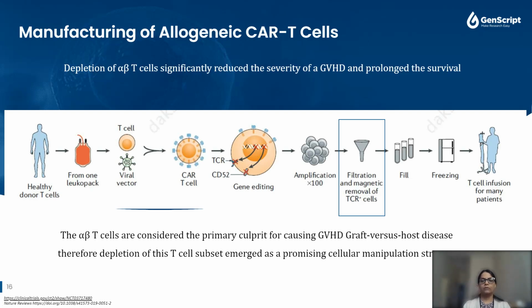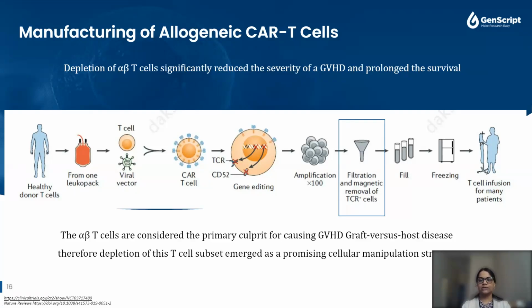So we watched in the video how the Cytosine 1000 instrument works and how effective it is for positive and negative selection. Now we are talking about the manufacturing of allogeneic CAR T cells, where off-the-shelf allogeneic CAR T cell development has many challenges. One of them is that allogeneic CAR T cells may cause life-threatening graft versus host disease, and the alpha beta T cells